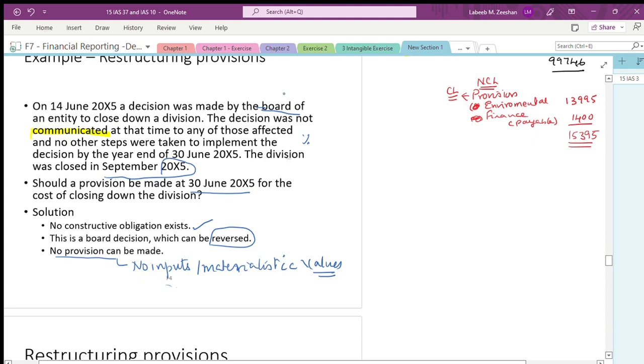That is the reason we have to take this into consideration. When the provision will come, when there is a communication. When there is no provision communication, definitely we are not communicating. When you are not communicating, you have the option, still it is not valid. You have the option to reverse it. We cannot make any provision as such. These are the basic nitty-gritty of the things.